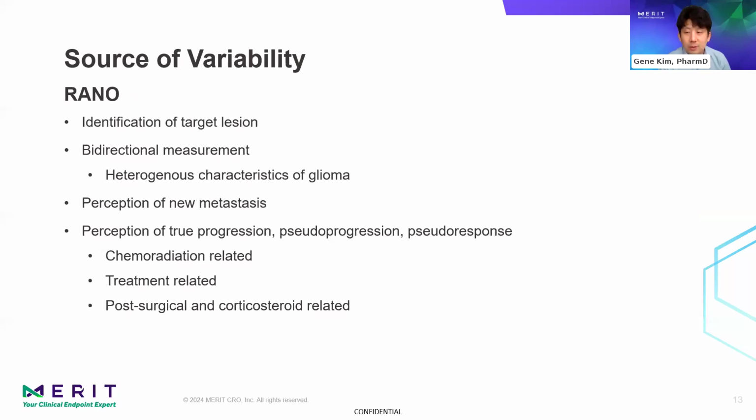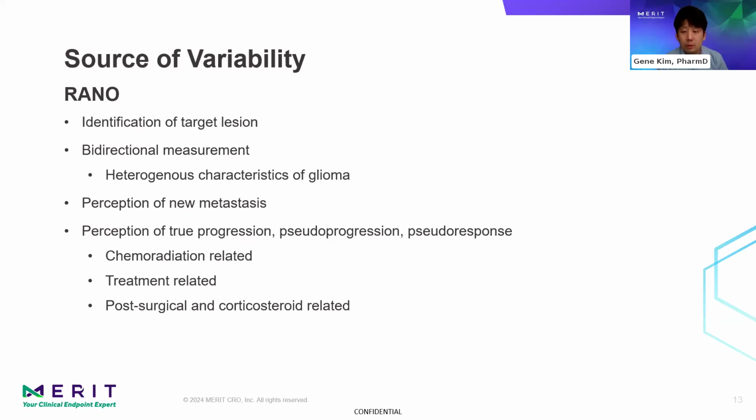Another one is the RANO. It's commonly used in oncology studies to assess the response to treatment in primary brain cancers, such as glioblastoma. Also, glioblastoma and other subtypes of glioma have very heterogeneous characteristics in their lesion presentations. Their growth patterns and margins can be very irregular, and this is a challenge for the readers with variability. This presentation is very complex in nature. It definitely adds a factor of variability in assessing the RANO. So choosing what qualifies as the target lesion could be one of the factors.